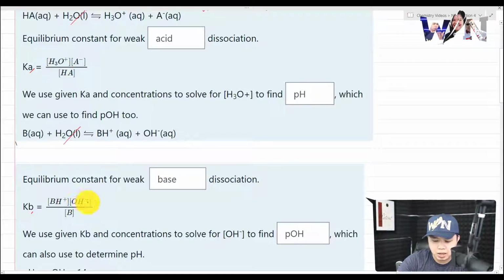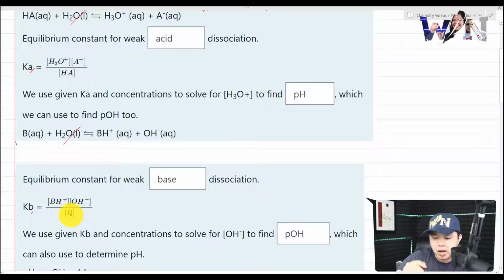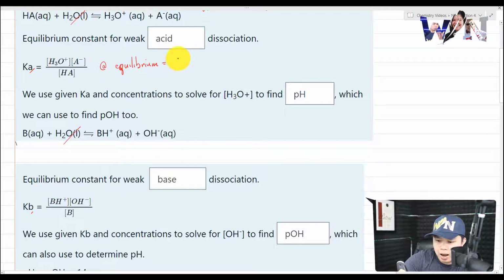Same thing for the base. So be familiar with it. It doesn't matter what base or what acid, as long as it's a weak base and a weak acid, it will have the same formula. So keep that in mind. That's why we use the letters HA, and here we use the letter B. So once you write the equilibrium constant, the same thing as before, at equilibrium you have this right here. We had to make that assumption. That's the beauty behind that. We can use this to represent by X and X as well.